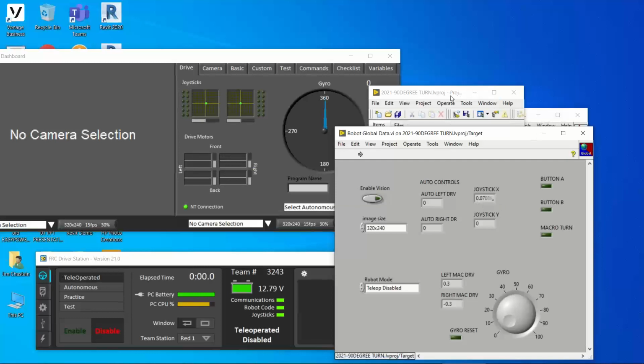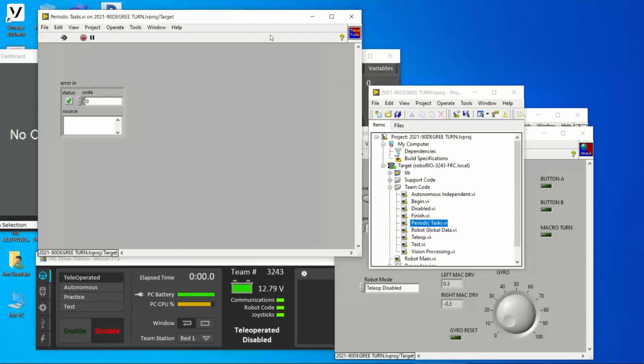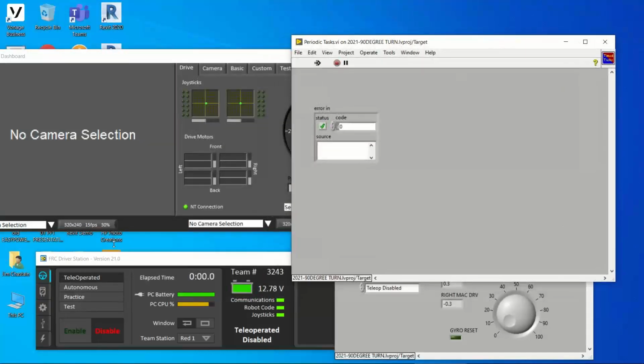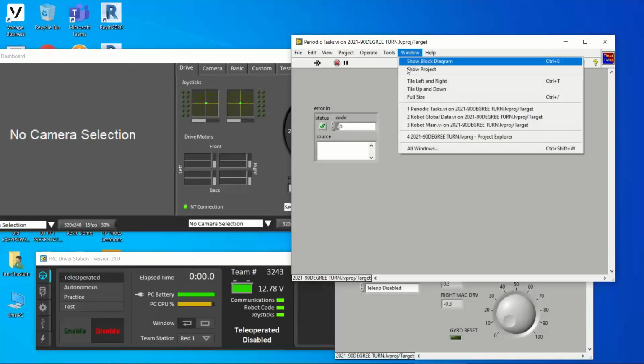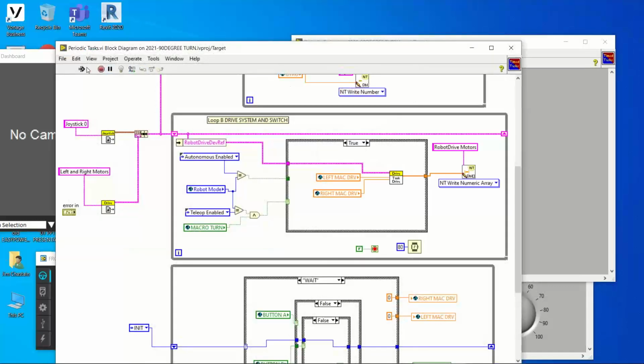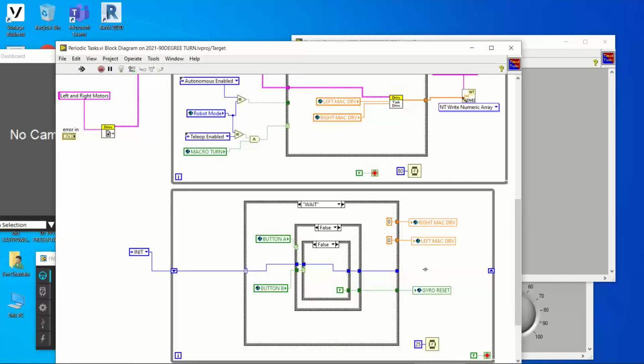Now, with that said, I should be able to go in and look at my state machine. Periodic tasks started running at the same time I launched it, even though I haven't enabled teleop. How do I know that? I know that because, first of all, this is running as far as a loop. If we put a probe here,